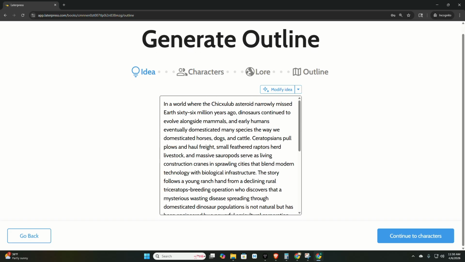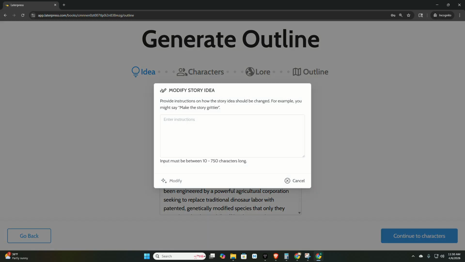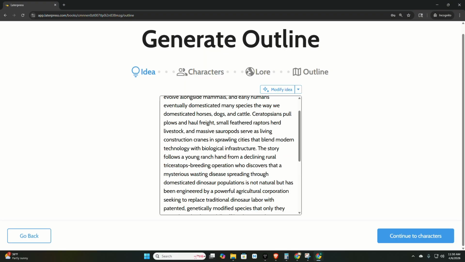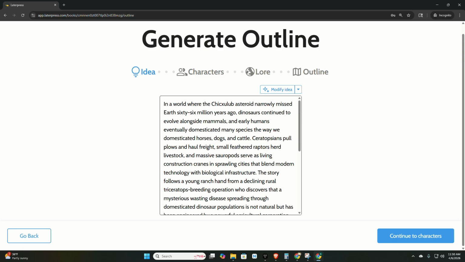Now you could read through this, you could edit this. If you want to modify the idea, then you can enter in here instructions for how you want things changed. So I would recommend reviewing things and making sure you're satisfied before moving on. But for the sake of this being a demonstration of just how things work, I will not be editing any of the prompts here. I'm just going to move through the process again, strictly showing the flow of how things work. So now we would continue to characters